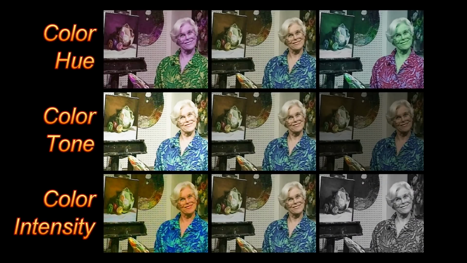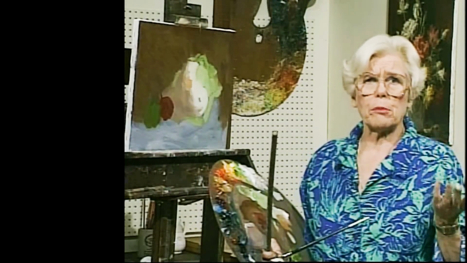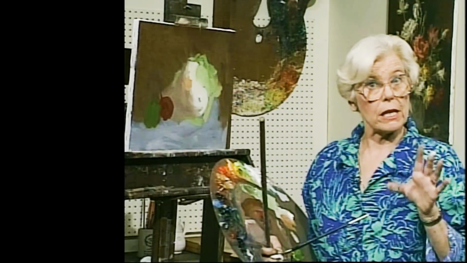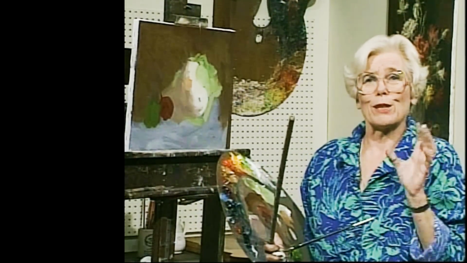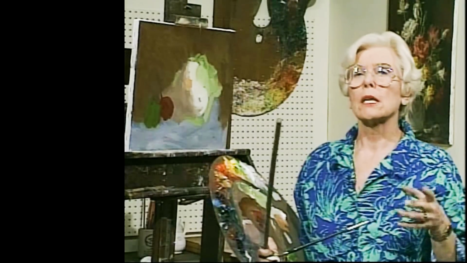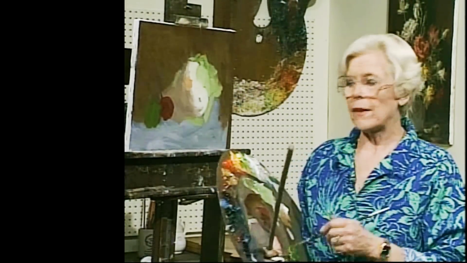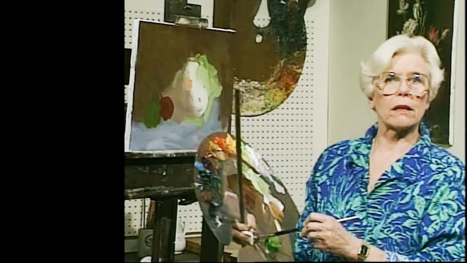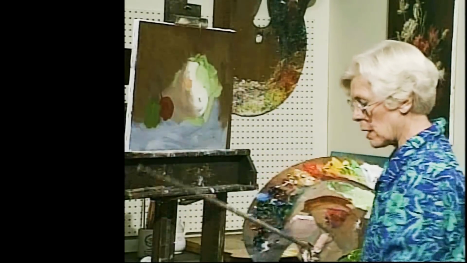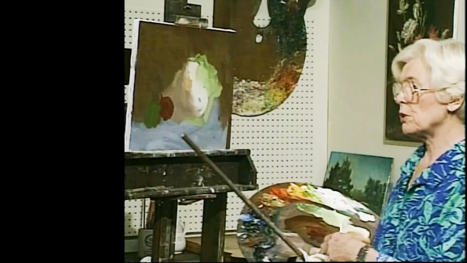What color is flesh? It's not flesh color. You can't really buy flesh color in a tube, although there is one, but it only applies to one person's flesh color. So you have to say flesh is orange. And then aim to some of the oranges on your palette to see if you can come close to that particular flesh color you're looking at.